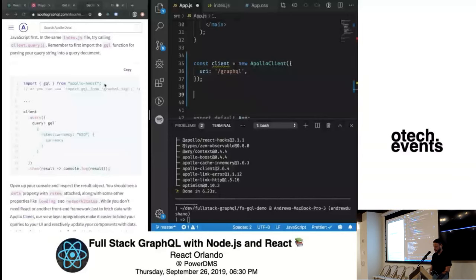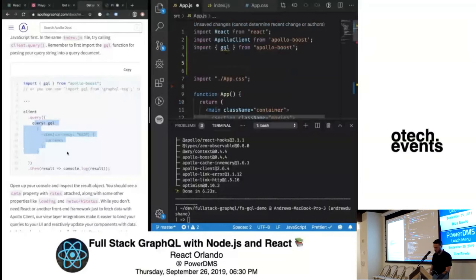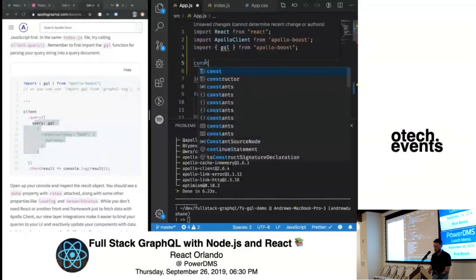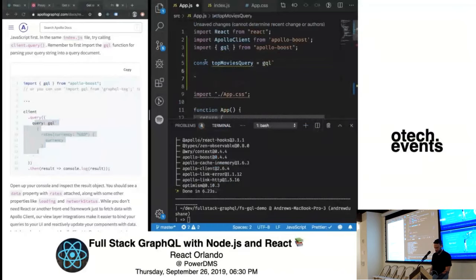Now I need to define a query here, client side. So you see they've got a query here of rates. We're going to do something similar. I'm going to use gql, just like we did on the server, and then define a query in here, which is in GraphQL language. Query.